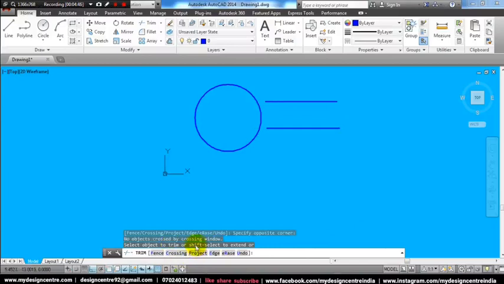For that, it is written here, shift select to extend, means while selecting, hold the shift key on your keyboard and click this. You can click it again. So it is extended. Now if you want to trim this circle, you can click this. If you remember, we have selected this circle as a cutting edge, not this line. So this line cannot be used to trim this circle. So you can click on this line to trim, because this circle is acting as a cutting edge.